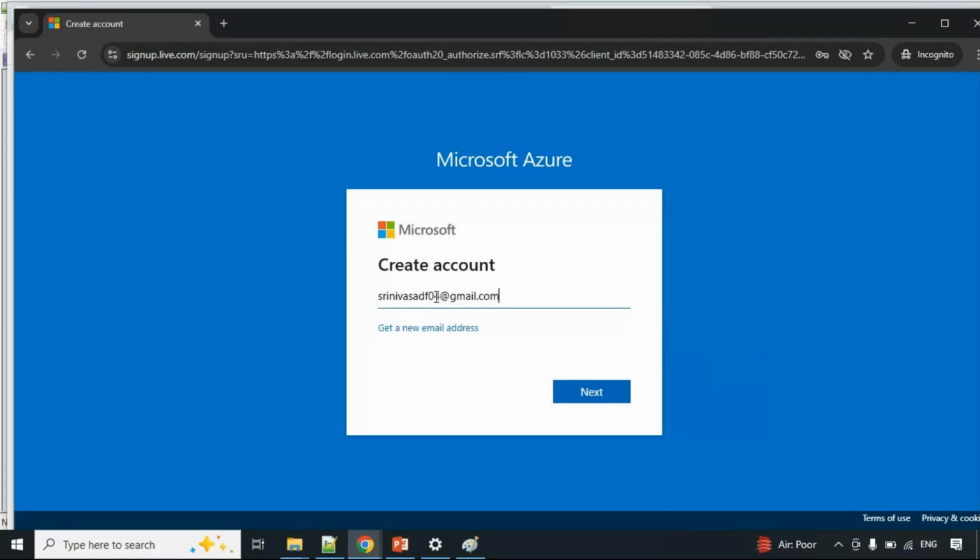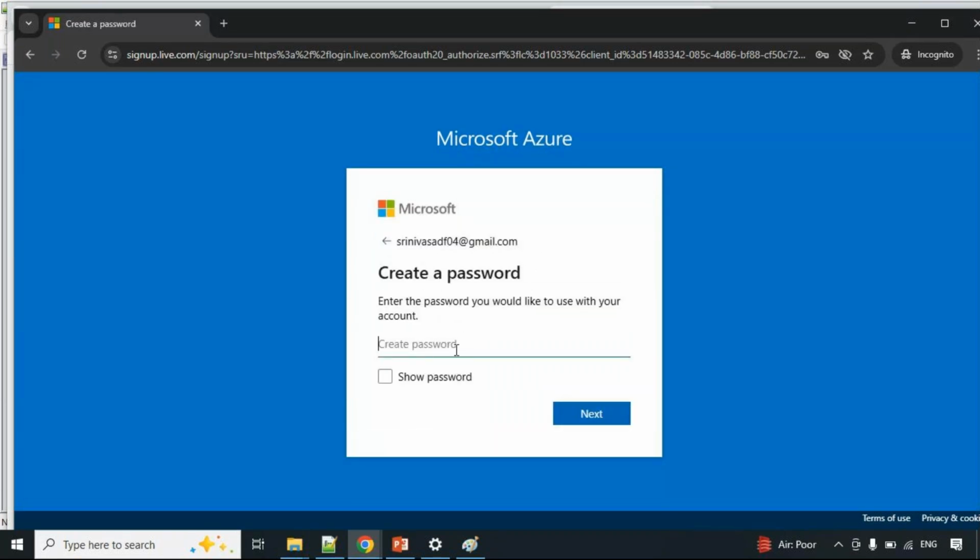Okay, guys, you can use your existing personal Gmail ID, or you can create a new Gmail ID for this practice purpose, because sometimes if you want to share the details with others, if it is personal, it will be difficult. So you can create any Gmail account, guys. Now next I'm going to create a password.